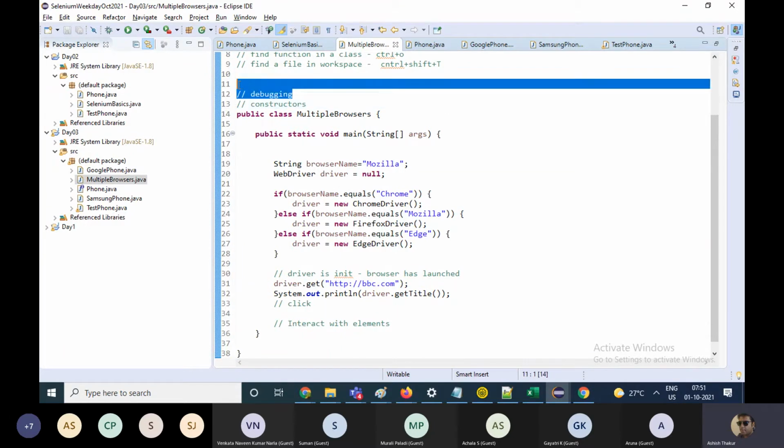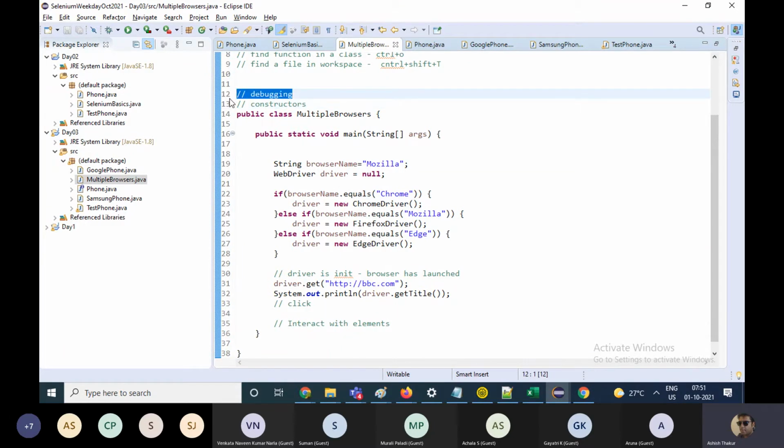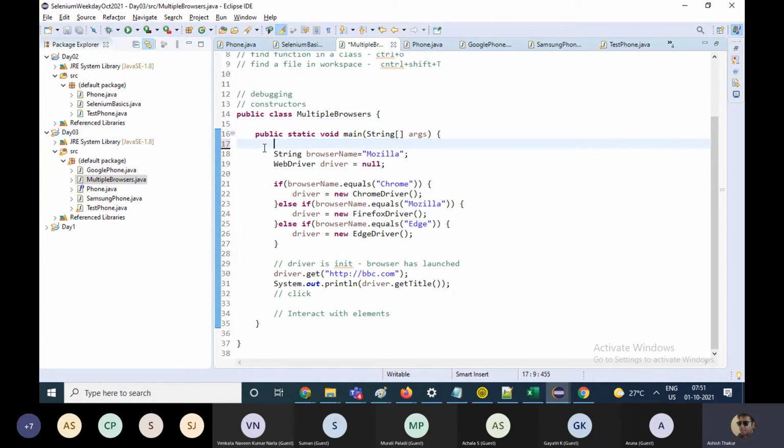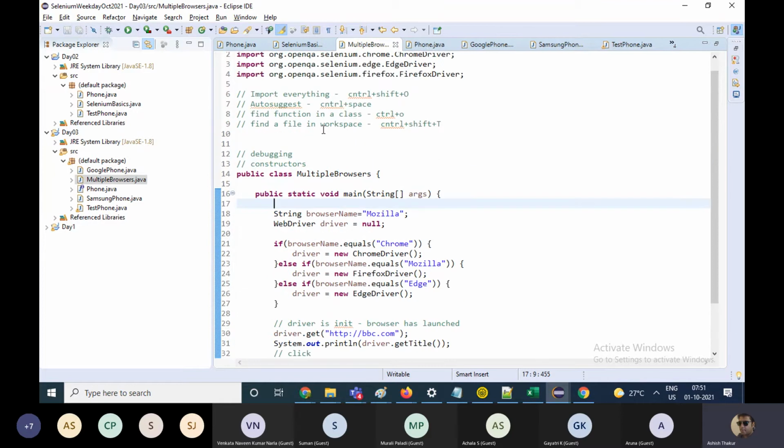Debugging is very helpful, especially when you are a beginner writing framework code or a complex script and you really don't know where the script is failing. So you can debug your program.